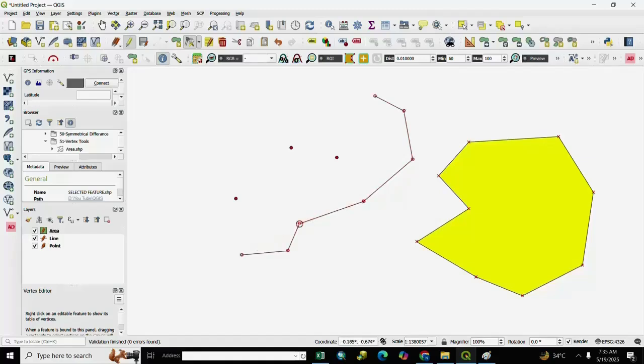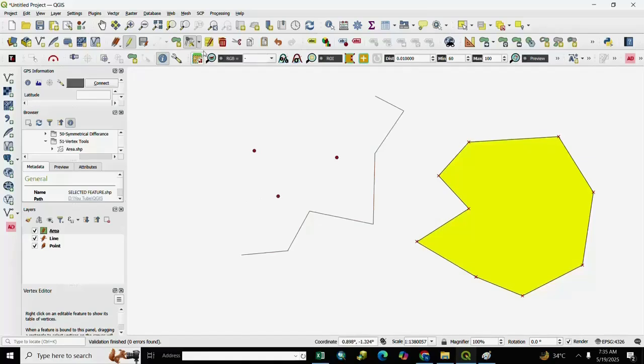If you want to modify it, you click it and move it left or right as per your choice. And if you want to move a point, you click on the point and adjust it as per your requirement.